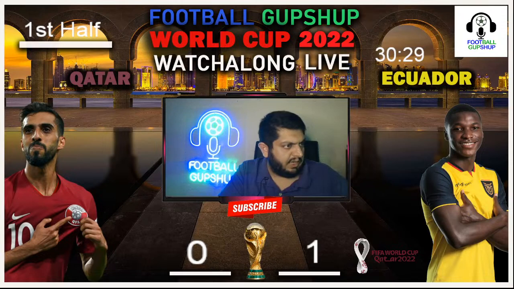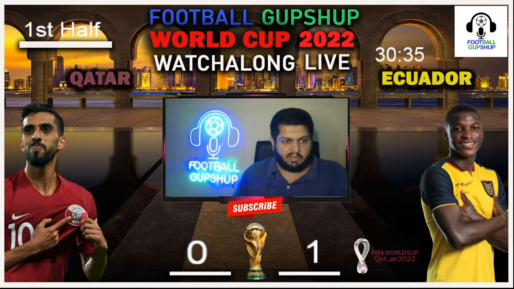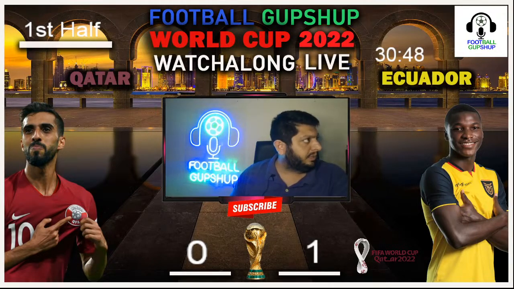Right now, ball being pushed in by Caicedo. Caicedo right now trying to go inside. So this is going to be interesting. Let's see what is going to happen over here. And a shot taken, and Ecuador has scored another goal. It is Valencia who's put in another one, and Valencia has scored another one for Ecuador. Things are looking quite good, and a goal has been scored.